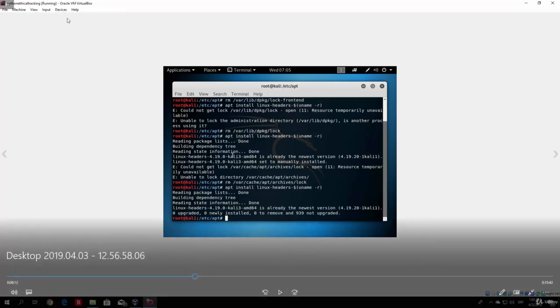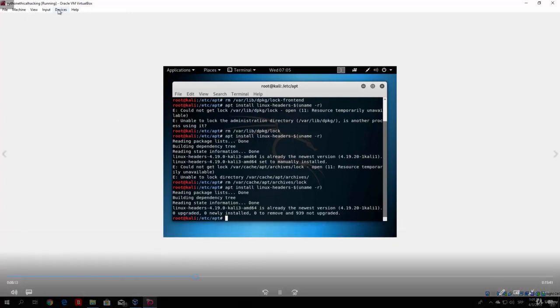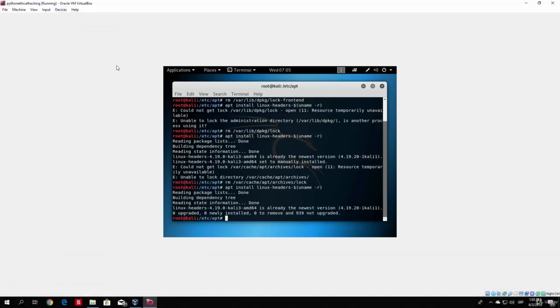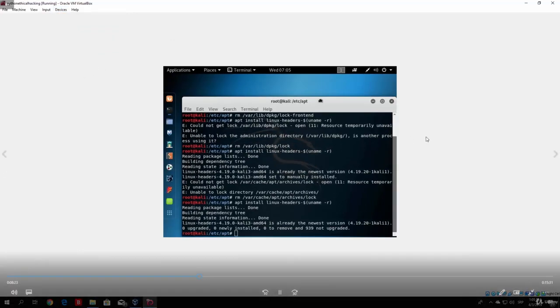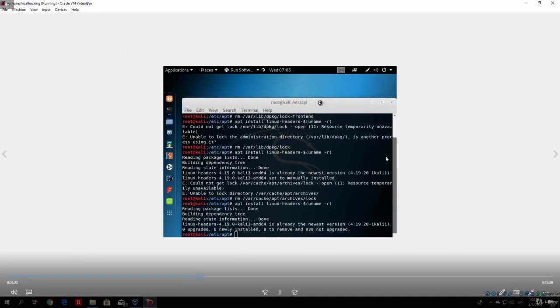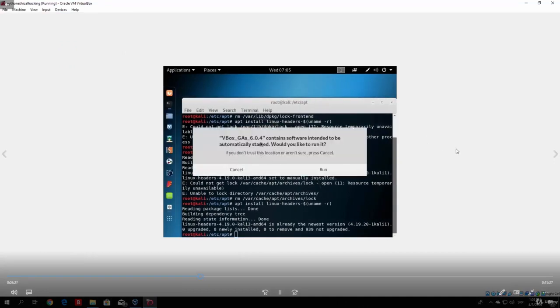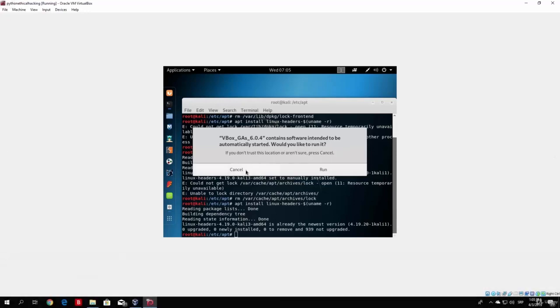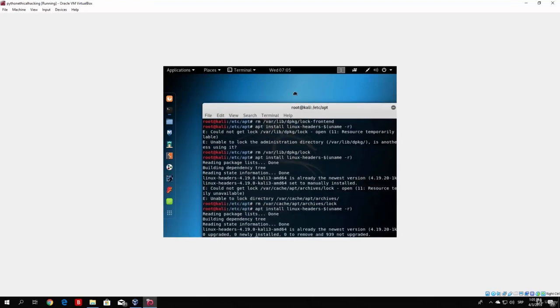the devices. So let me just let this run. So devices. Then you want to insert guest edition CD image. So click on that. As we can see, I clicked right here. And it will prompt with this window saying, contains software intended to be automatically started. Would you like to run it? What you want to do is press cancel right here, since we do not want to automatically run it because